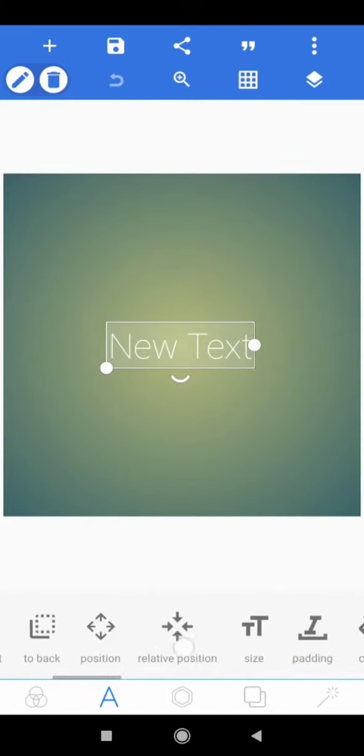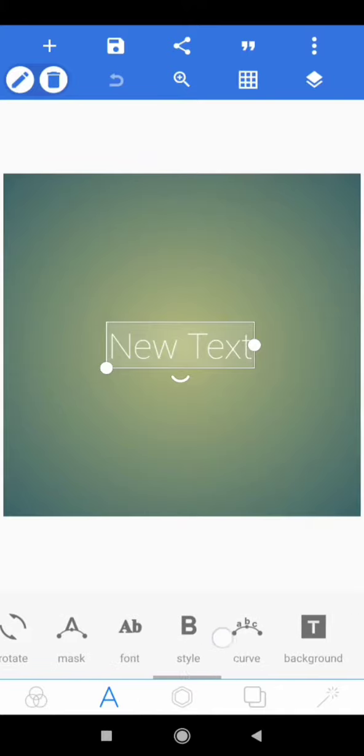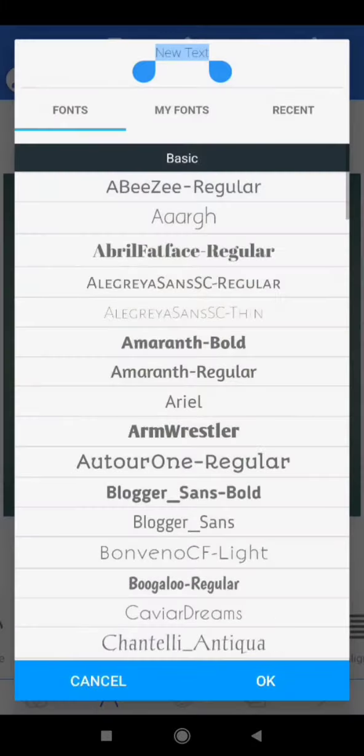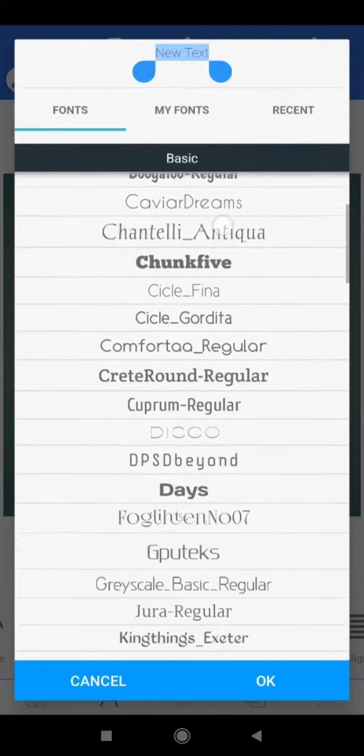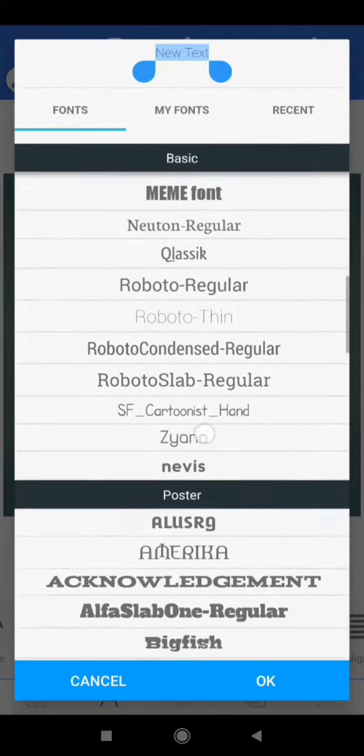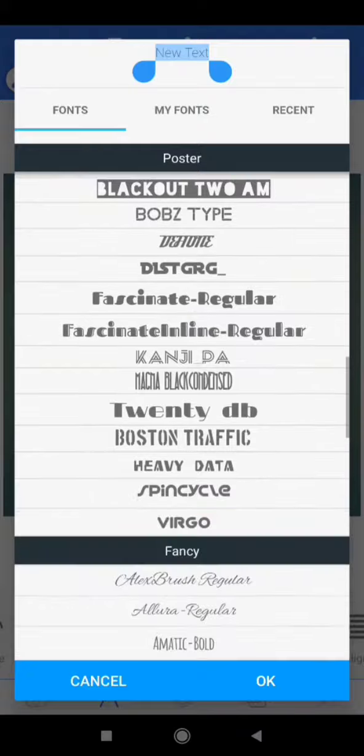So today I'll be showing you how to install your downloaded fonts on Pixel Lab. So with our new text, we'll go to our fonts. Pixel Lab provides us with a lot of fonts when we download, as you can see from our list of fonts here. But if you're using your Pixel Lab for the first time, if you go to My Fonts tab